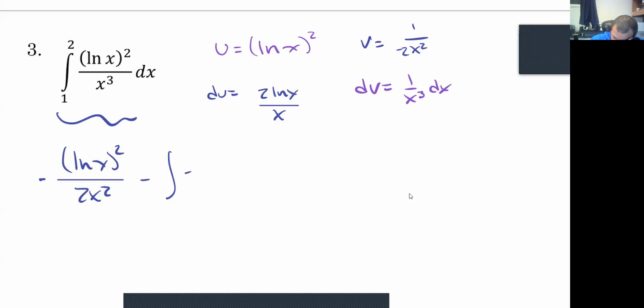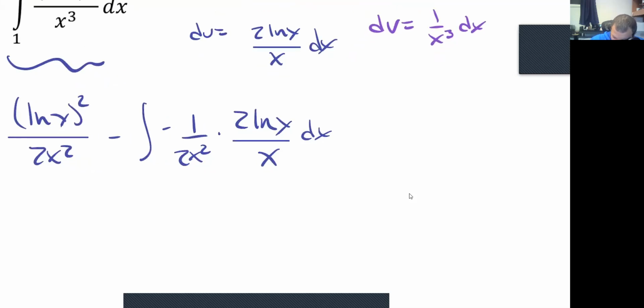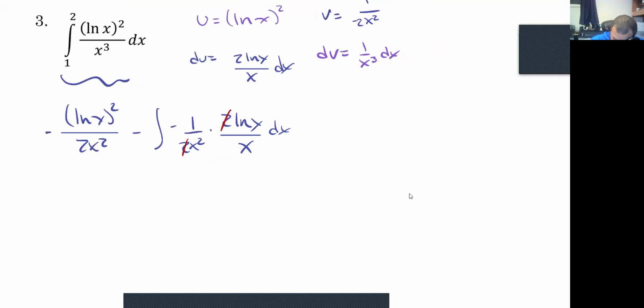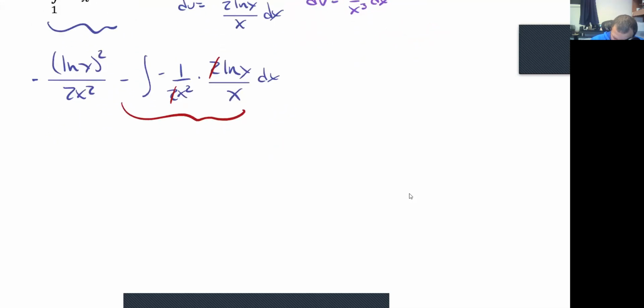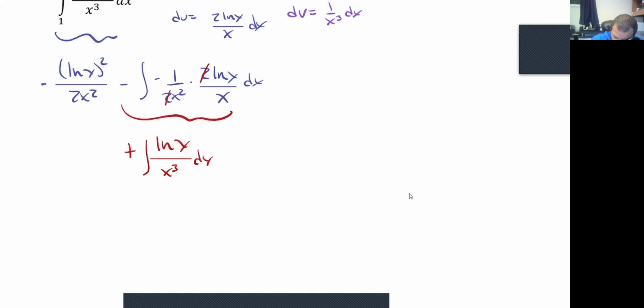So we're going to get negative 1 over 2x squared times 2 natural log of x over x dx. We can cancel a bit. This cancels, that cancels. And so this part here just becomes plus natural log of x over x cubed dx in this antiderivative, and this